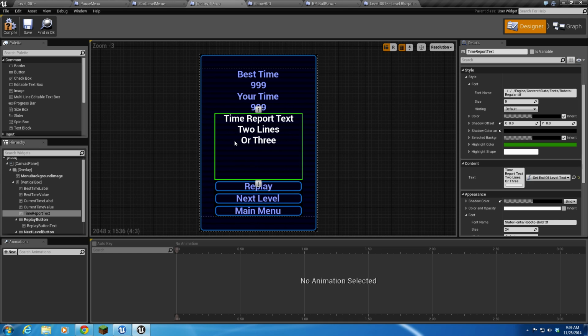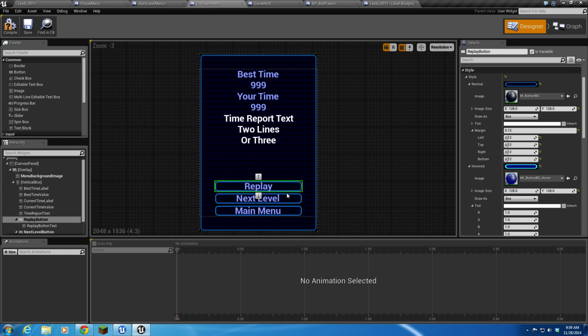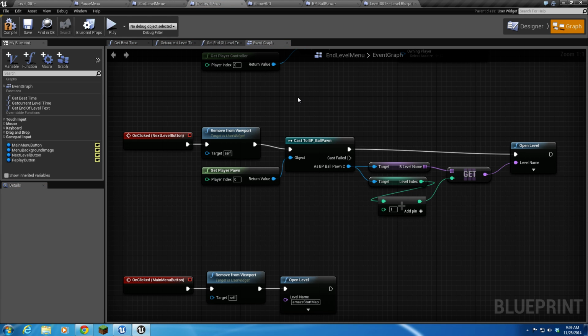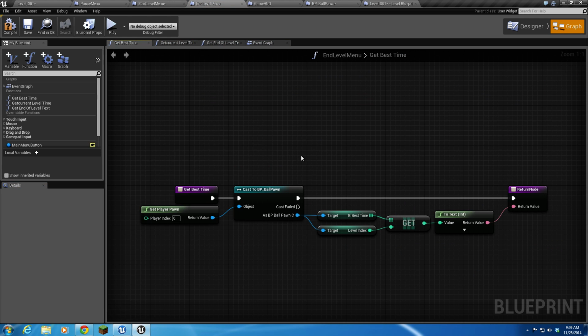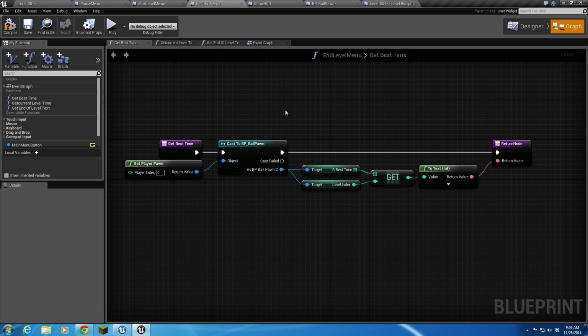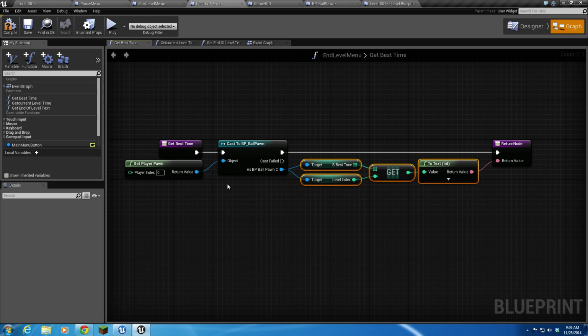Our end of level text, get end of level text. And then we have two on clicked events, one for replay and one for next level. So let's take a look at those. Okay, let's get our best time. Just like the start menu, it's the exact same function here. We get a player pawn reference, cast to our BP ball pawn, and get our best time based on the current level index, and we return that